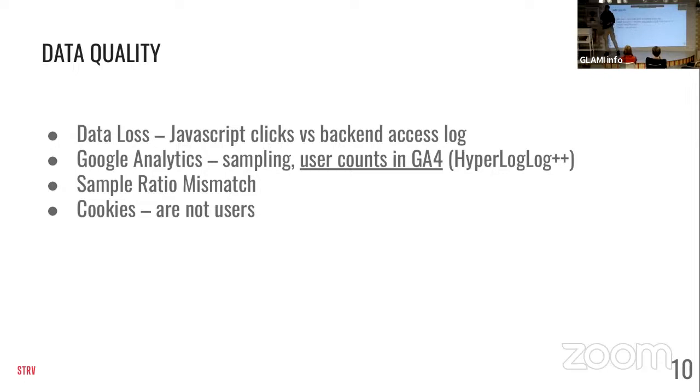For example, if a user clicks and you measure it by JavaScript, you get different data from your backend access log on your web server. This is because JavaScript interpretation in the browser is problematic. Sometimes some packets are lost. Users are on a slow internet connection. So I can recommend the backend data, which from my perspective is more reliable.